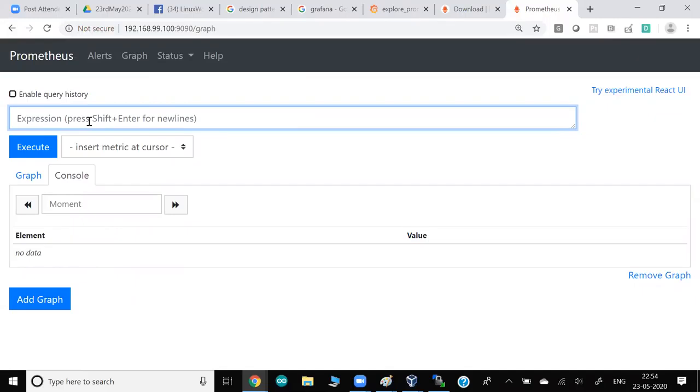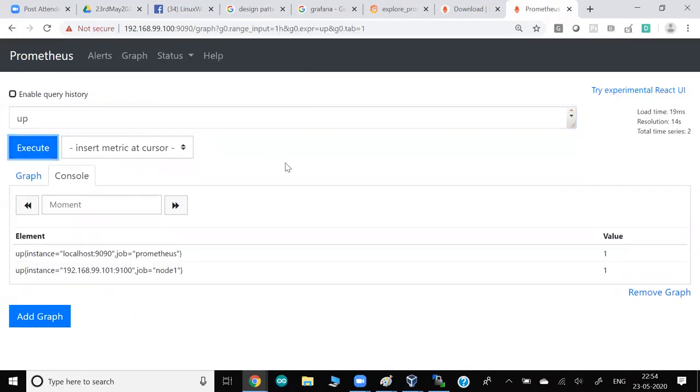are up. Due to any reason, guys, if one of the nodes goes down, let's say your one Windows goes down or Linux goes down, from here you can see in the real time. And this is real time information. Value 1 means on, they are running. If you see 0, it means they're down. So they're showing your localhost, which means your own Prometheus server is running up, or your IP101 is also running.